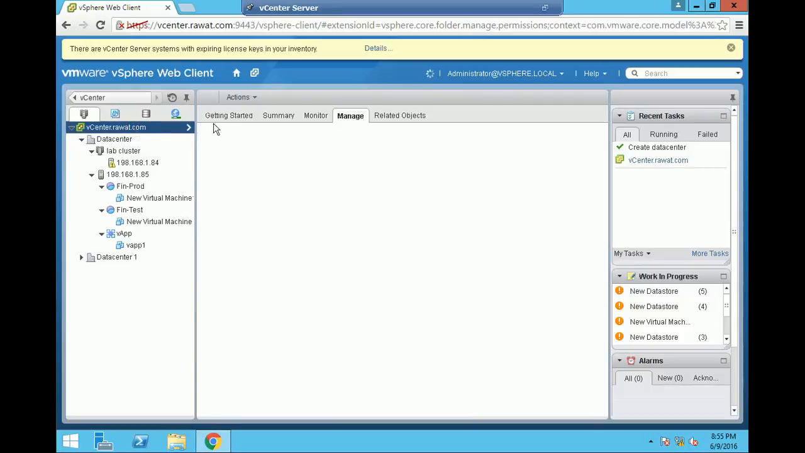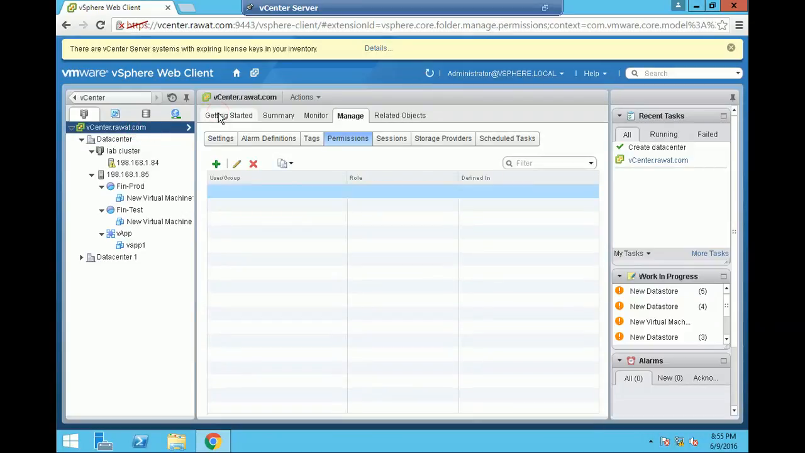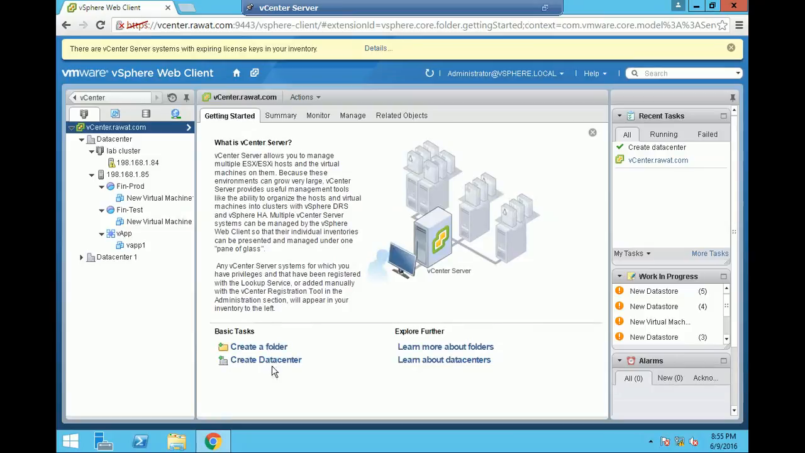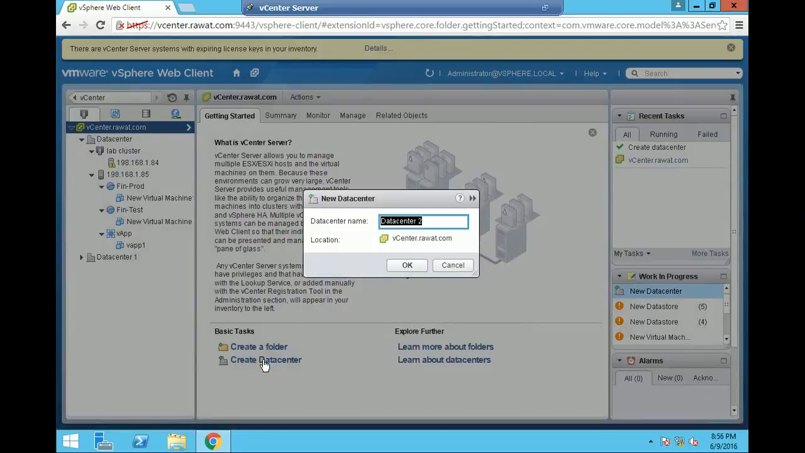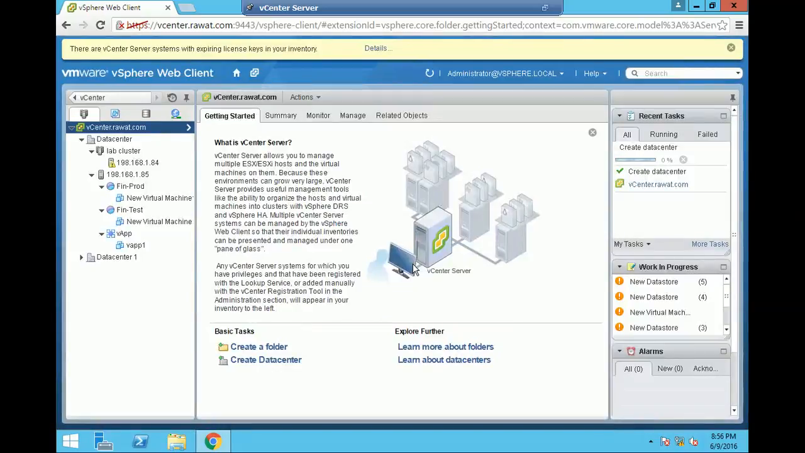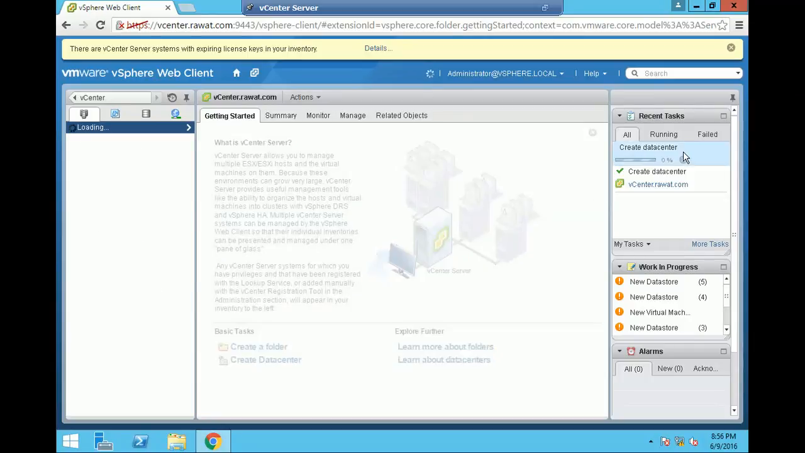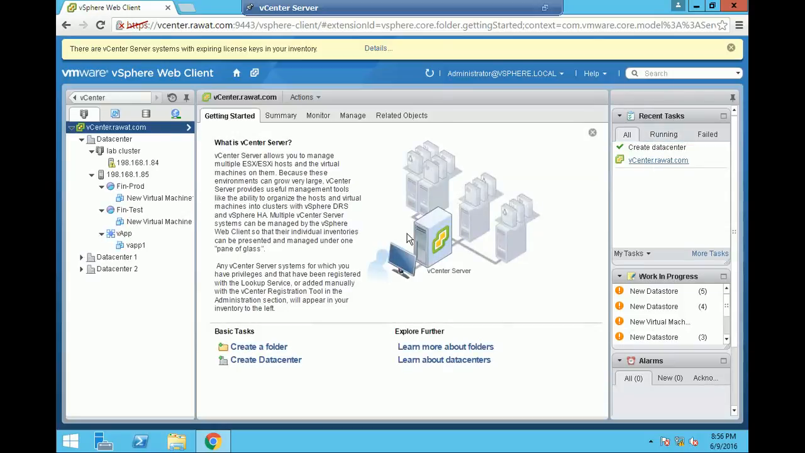this tab, and in the getting started option here you can select create a new data center. If you click on that, first of all it will ask for a name, so let it be something like data center 1 or 2, and we won't be creating it, I'm just explaining the steps. In the recent task pane you can see the progress of creation once it's